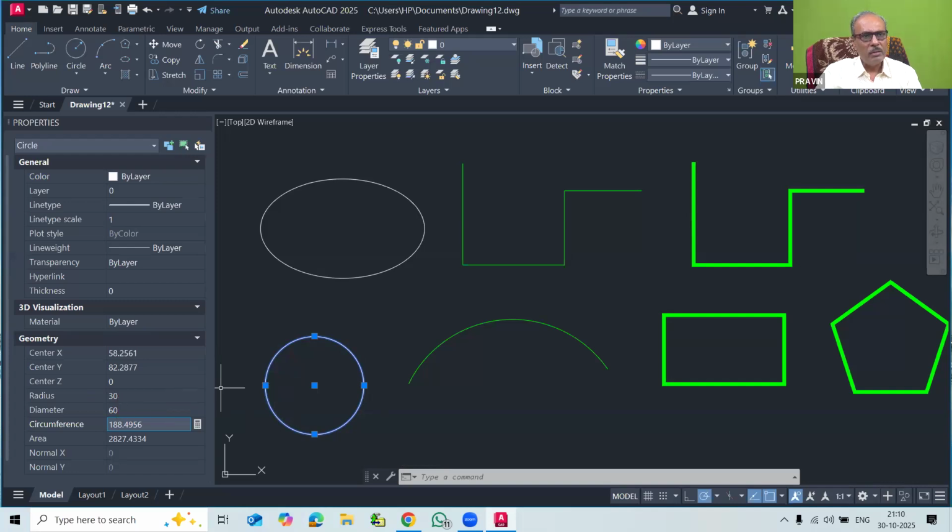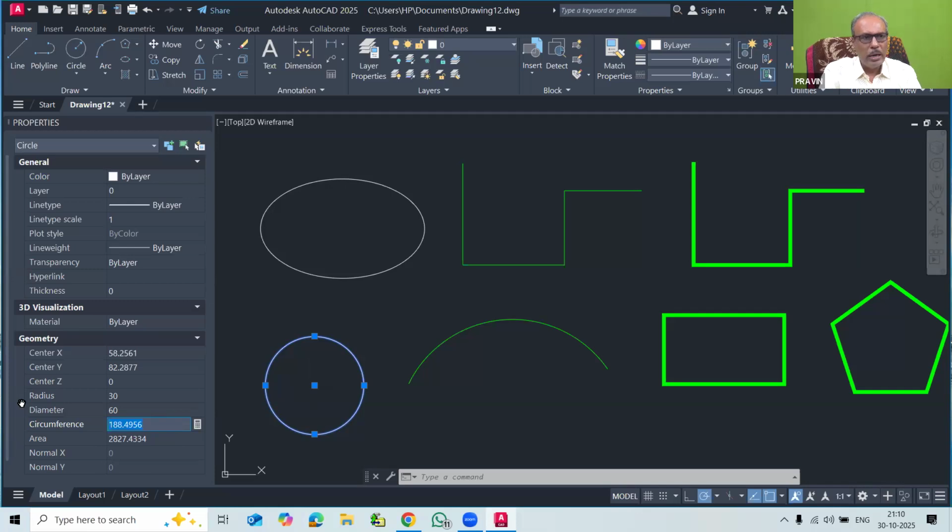And then for a circle the circumference is given. तो सर्कल का पेरीमीटर या सर्कमफ्रेंस जो है that is also 2 pi r. So that is shown here. So you can also adjust the radius. Important thing is कि मुझे पेरीमीटर मालूम है और रेडियस कितनी है वो मुझे अपने आप से पुट करना है. So I want the circumference of the circle to be equal to 200.